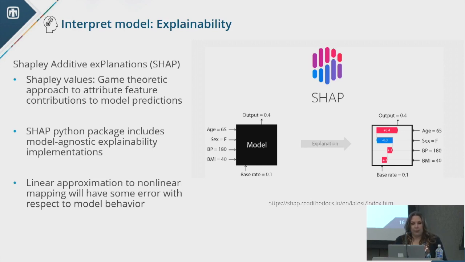SHAP is a Python package that includes model agnostic explainability implementations of these Shapley values, their approximations to them. And a thing to note is at the end of the day, these are linear approximations to often complex nonlinear mappings. So we do anticipate we'll have some error with the fidelity of these explanations to the model behavior, but it's enough to be useful.